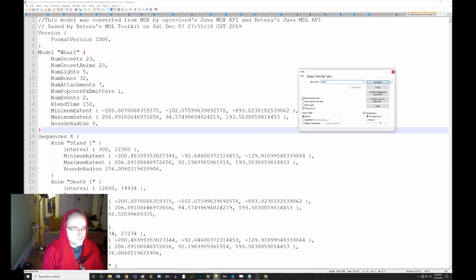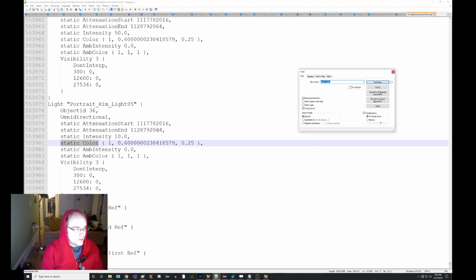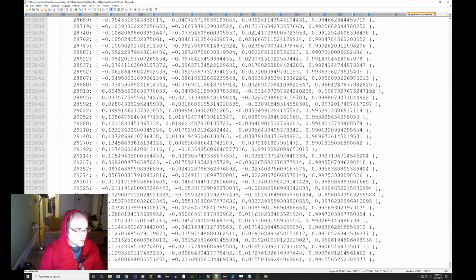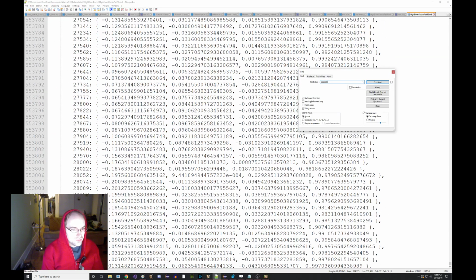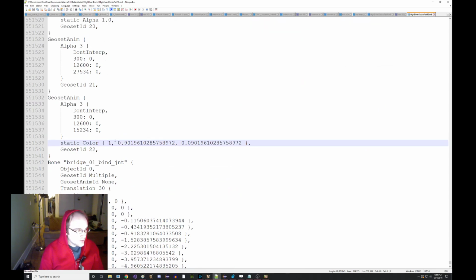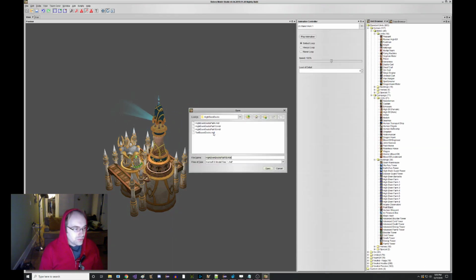So we just go to the color. That's interesting. What if I go to geoset anim? Yeah, here we go. This thing's colored. That's what I was looking for. It's BGR, so yellow would be full-on red and mostly green. Okay, great. So now if we open that,